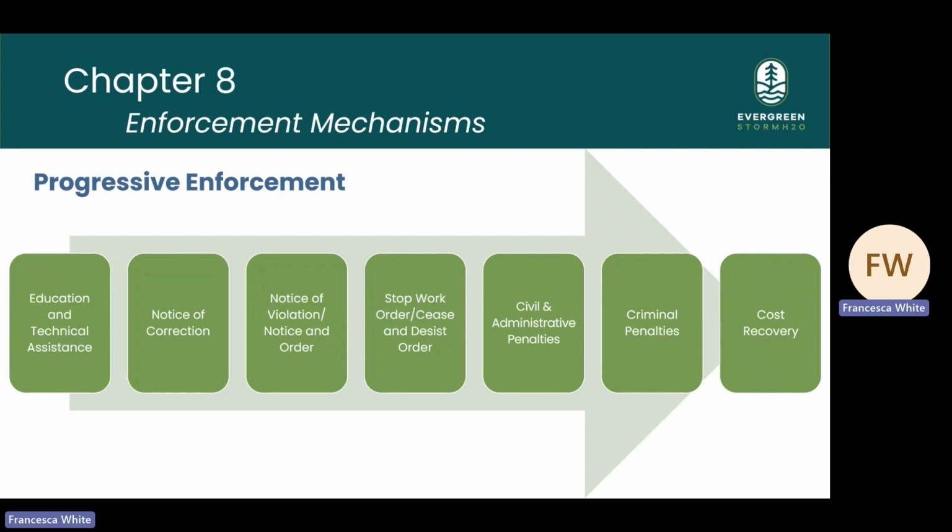The hot topic with enforcement mechanisms right now is progressive enforcement. This is in both the Eastern Washington and Western Washington permits. For example, in Western Washington this past year, permittees were required to develop a source control program, and part of that program was developing a progressive enforcement policy. In the Eastern Washington manual, you see progressive enforcement requirements with items like inspecting and maintaining these private